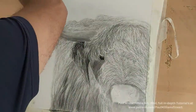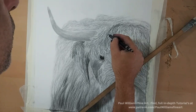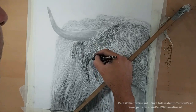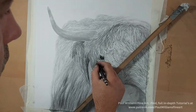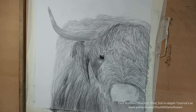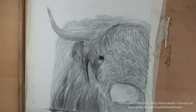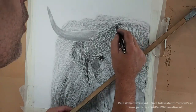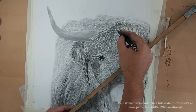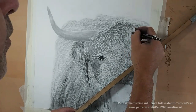So at the moment I'm doing a lot of white highlights, but I'm just trying to go over it all with the white highlights with my eraser, and now I'm going in and I'm being a little bit more careful to just sort of border those lines and fill in some darker areas with my darker pencils. And it's really all about working the picture over and over, doing the different layers until you're happy with it. So as I said, we've got hair and fur that's going all over the place, but if you can just try and focus and stick with it, trust in the process,